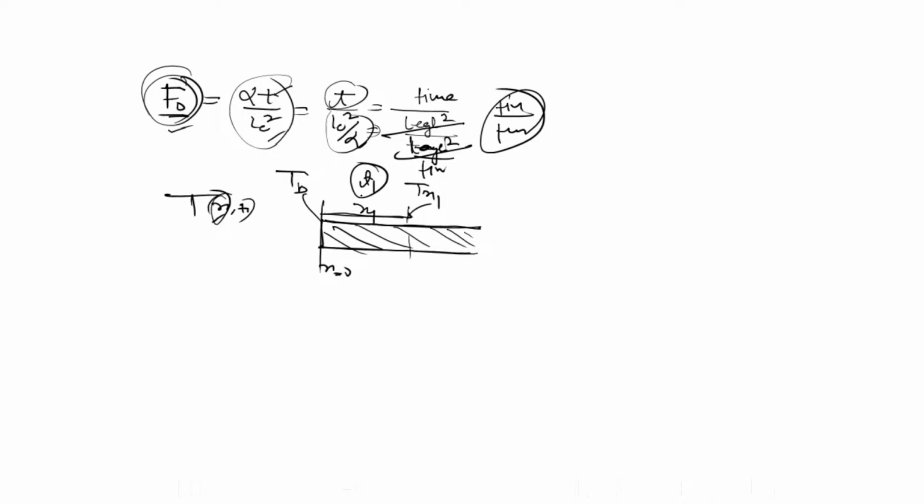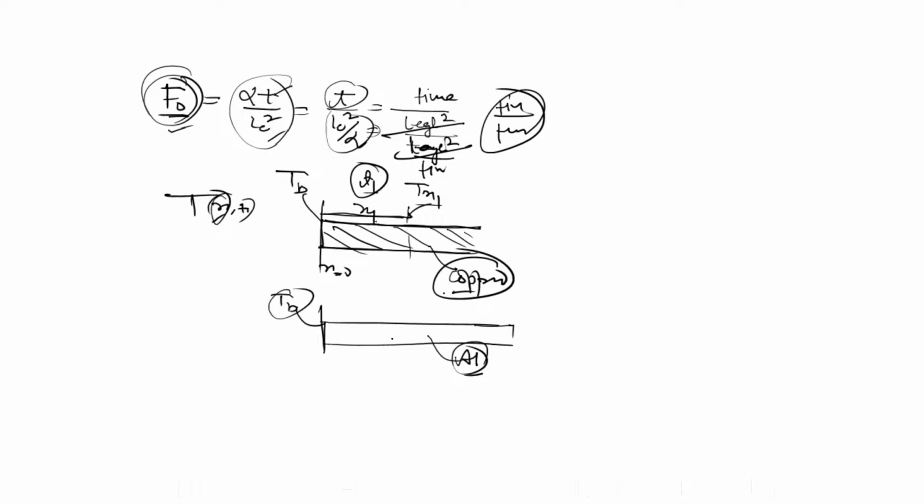In time t1, at distance x1, listen, what the question is: in time t1, at distance x1, temperature is found to be Tx1. And this is the rod of copper. If I replace the copper with aluminium, diameter is also all the same, and again it is the base temperature TB. Then at how much distance, in how much time? The question is,